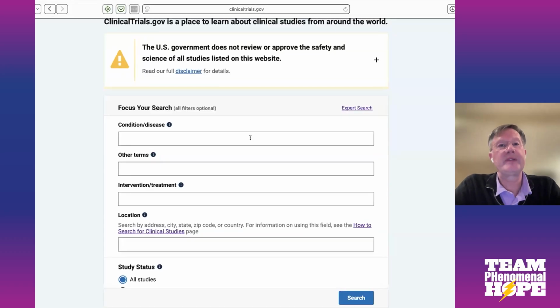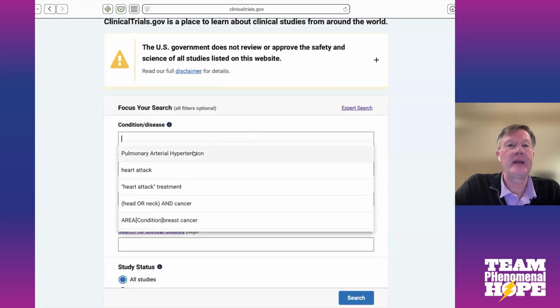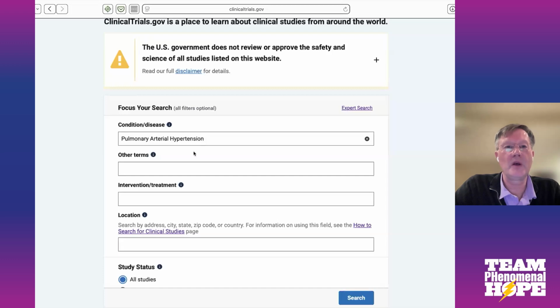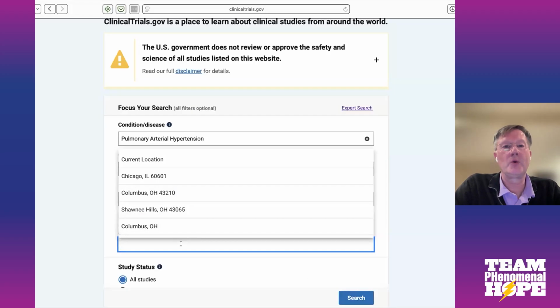So very easy website to navigate. You can type in your condition of interest. Pulmonary arterial hypertension is what I chose here. One could even choose something as specific as sotatercept. And then you can search by your city. The nice thing is if you search by zip code, and I used my hometown,